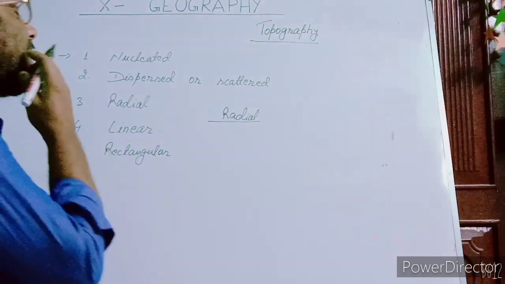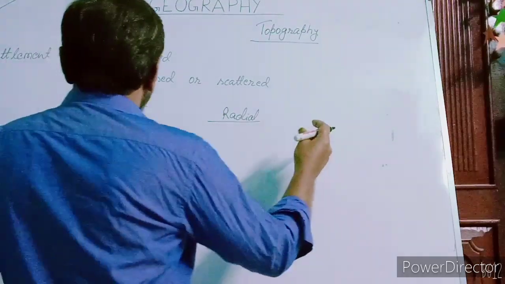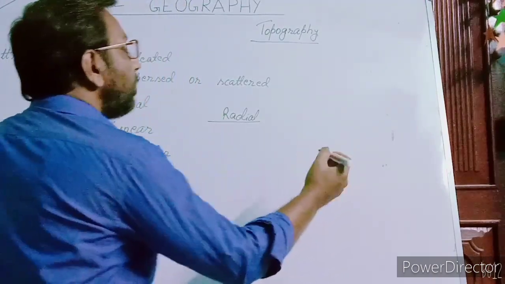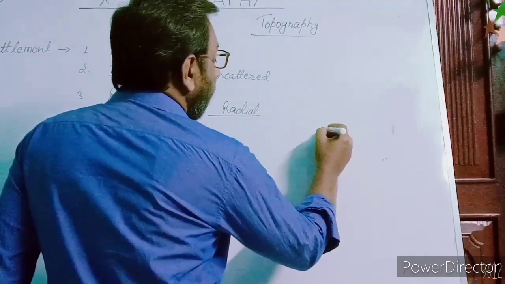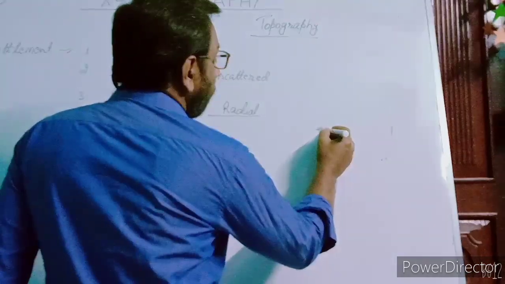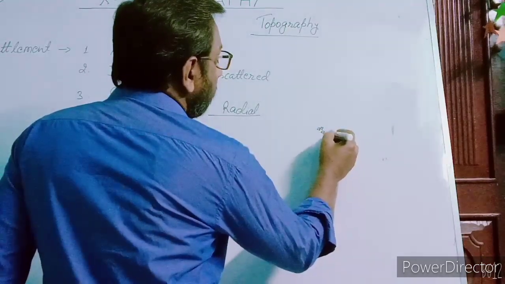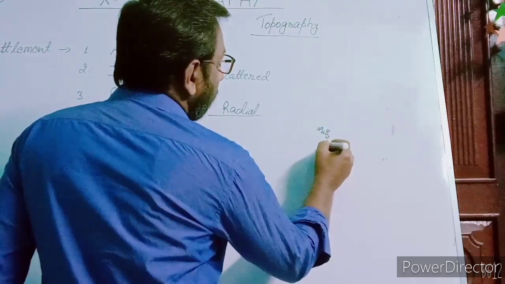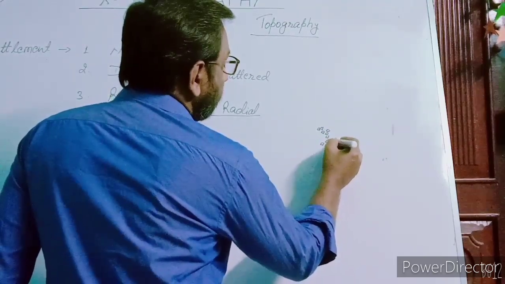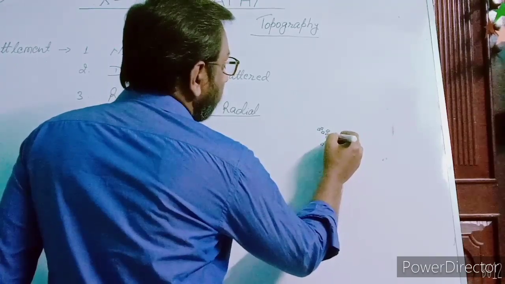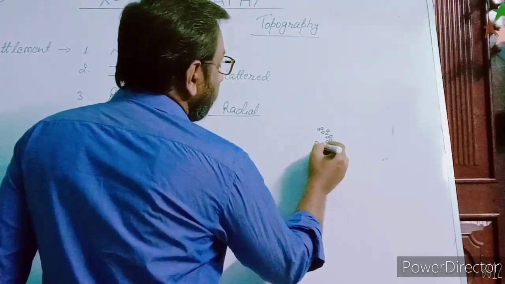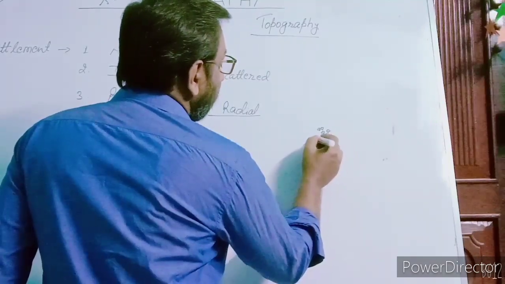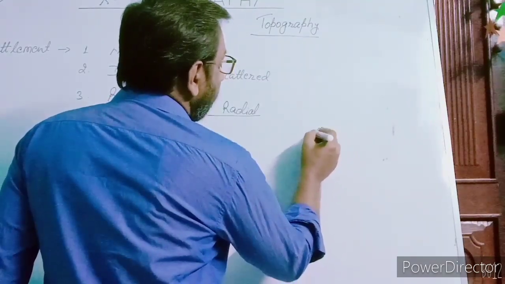What happens? At the center there is an empty place, and around that we find the settlements. There is some reason that the central point is empty, free from settlement. Regarding that, I want to explain in this way.